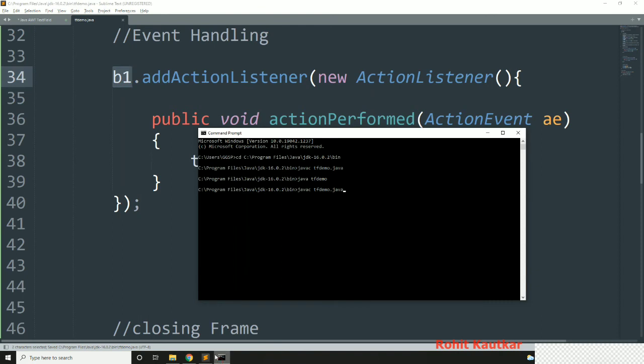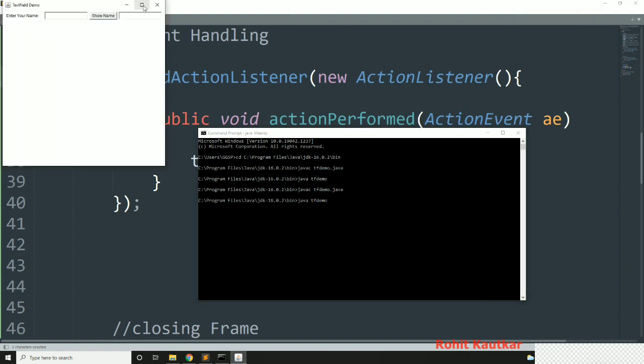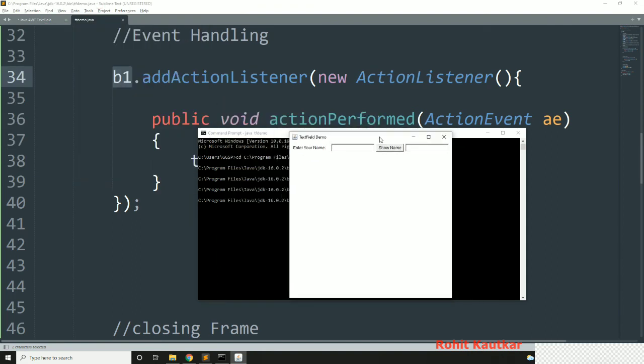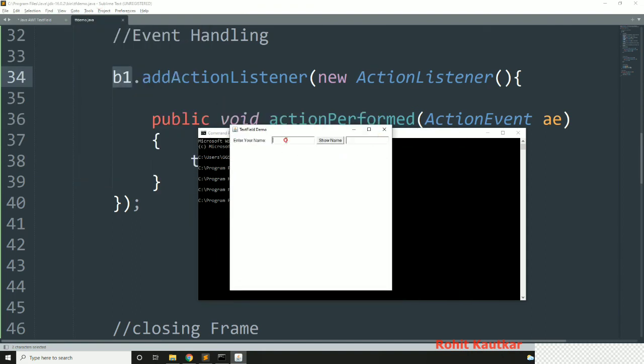Now let's check whether it will work or not. You can see here the program got successfully compiled. So we will write java tf demo. This is the interface. Now here I will enter my name.